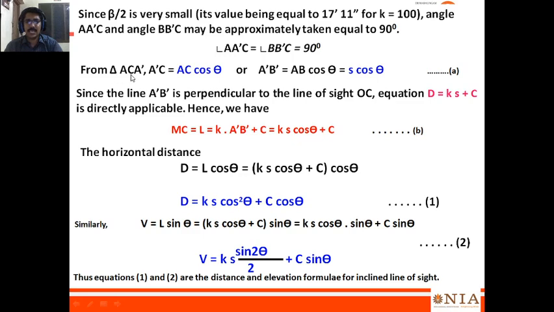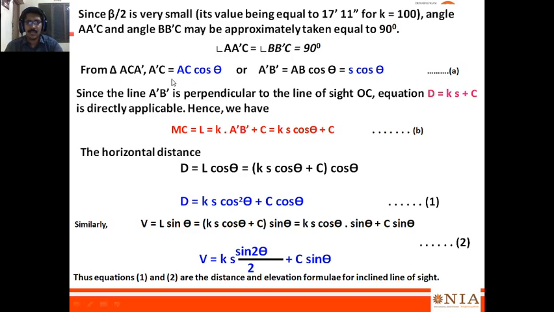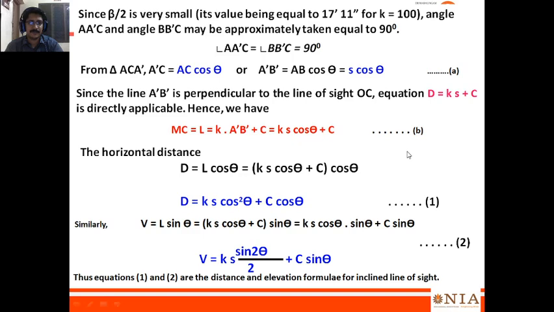From triangle AC A dash, what is A dash C? A dash C is equal to AC cos theta, that is cos theta is equal to A dash C by AC. Now we have obtained the A dash C. Similarly, A dash B dash is equal to AB cos theta. Here you know the AB is the staff intercept S, right? Top minus bottom gives the S. That we represent here as S cos theta. Let it be